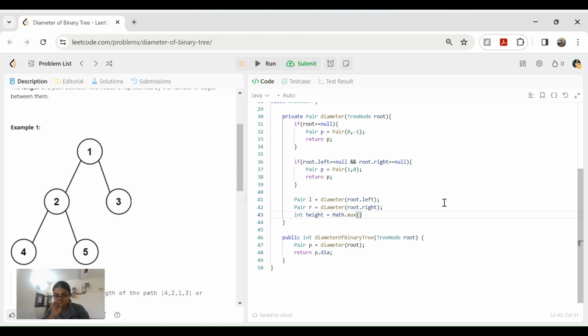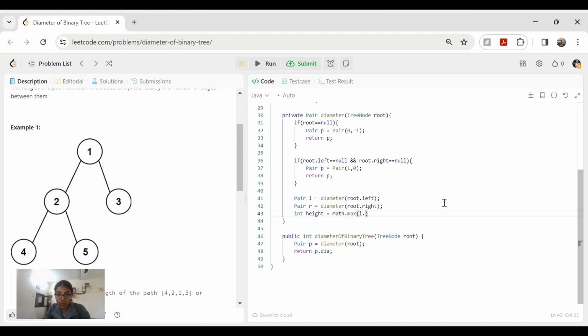This is going to be L dot height, comma, R dot height, whatever the maximum is, and then plus one on that. And your diameter, that is going to be,